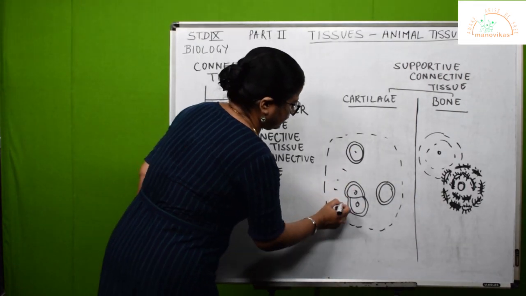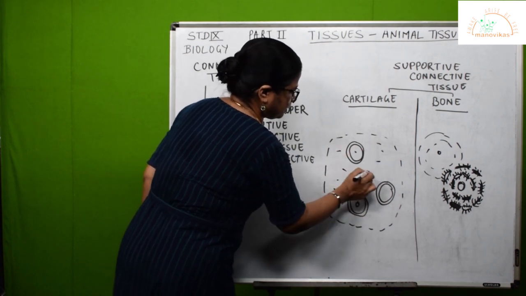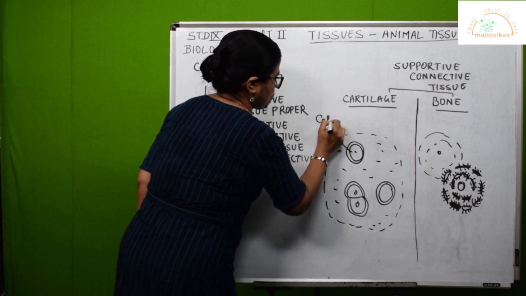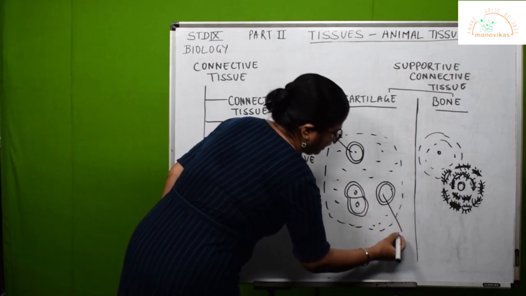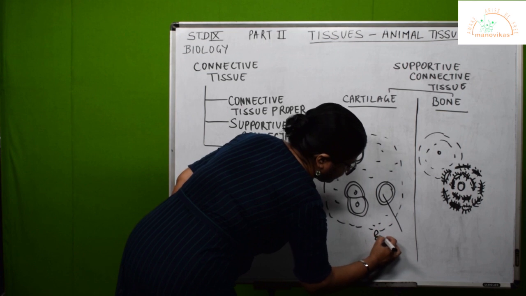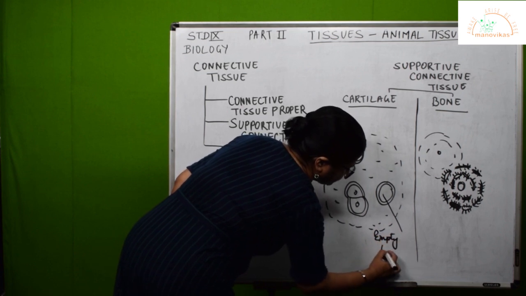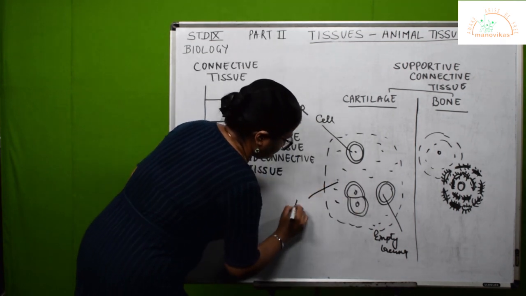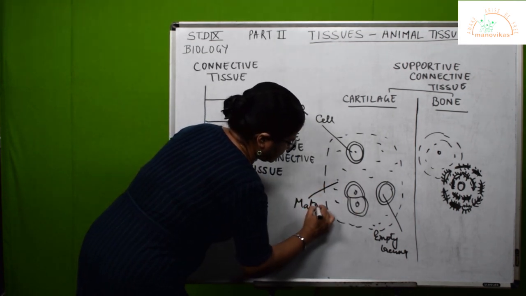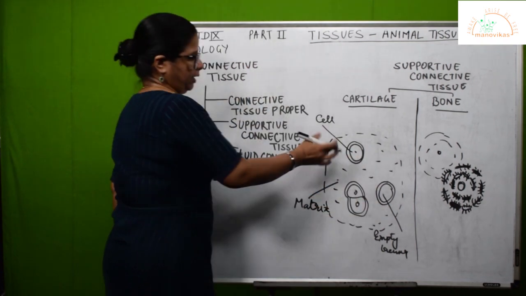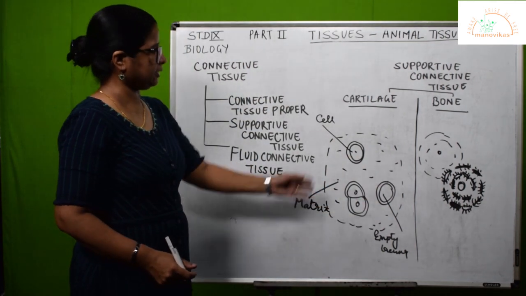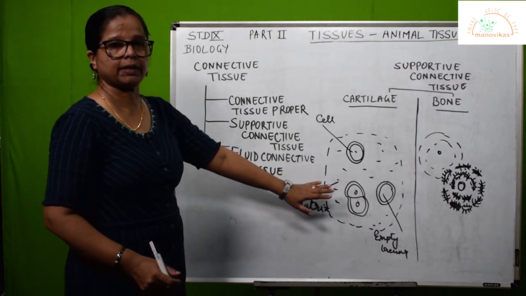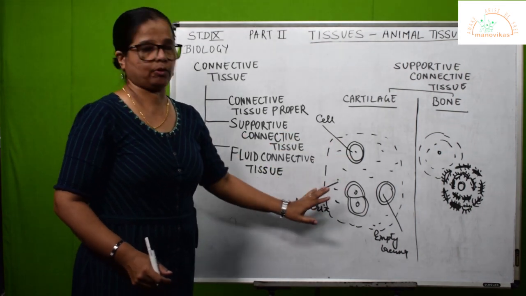This part in which the cells are suspended, semi-transparent, this is a cell. Here we have an empty lacuna, empty space, empty lacuna. This is the matrix. So if you are given this diagram and you are asked to identify what it is, then you can say it's the cartilage. You can see the structure of the cartilage. Draw a simple diagram but cover all the important parts.